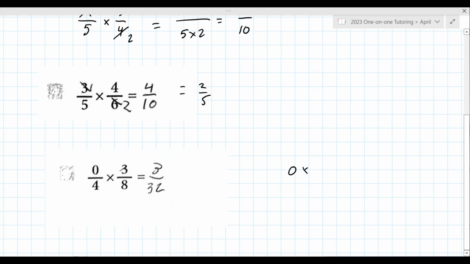0 times anything is always 0. Yeah, so your numerator is 0 over 32. So it's just 32. 0 over anything is 0, divided by any number is also 0. Oh, okay. So it's just 0? Yes. Okay. And then